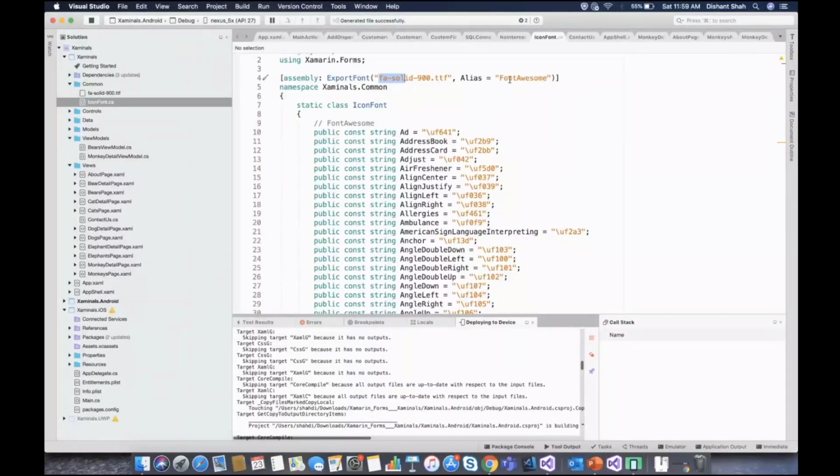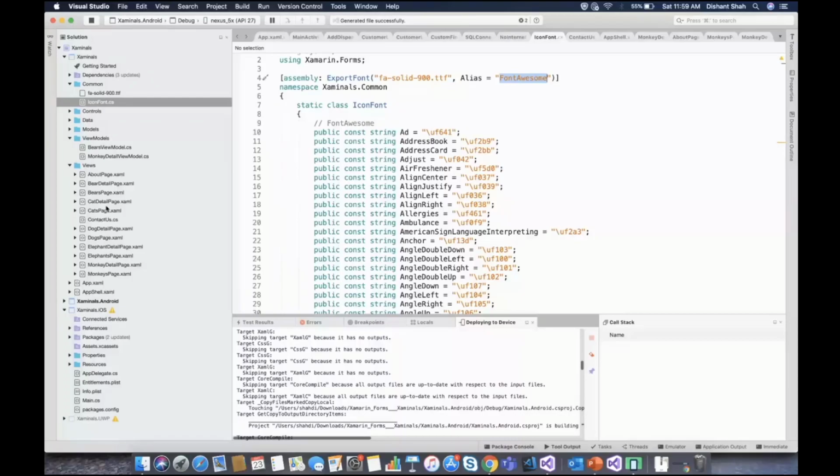So if my font name is something else, it will not consider this alias. That issue is fixed now. If you set this alias to anything and run this application on Android or iOS, it will work as expected. That is the important upgrade which we got as part of 4.6.